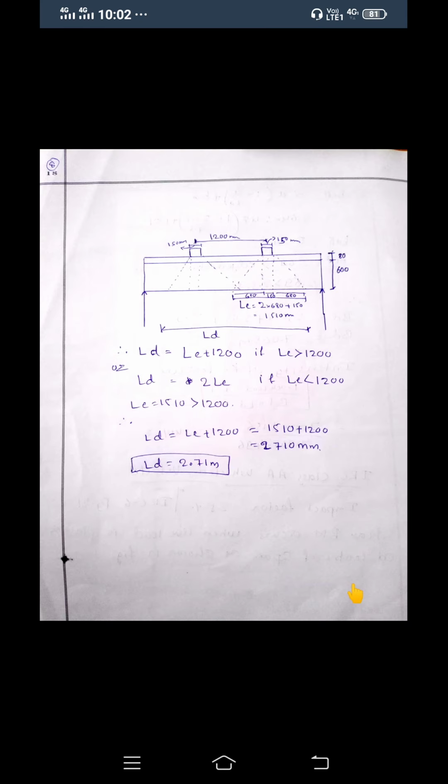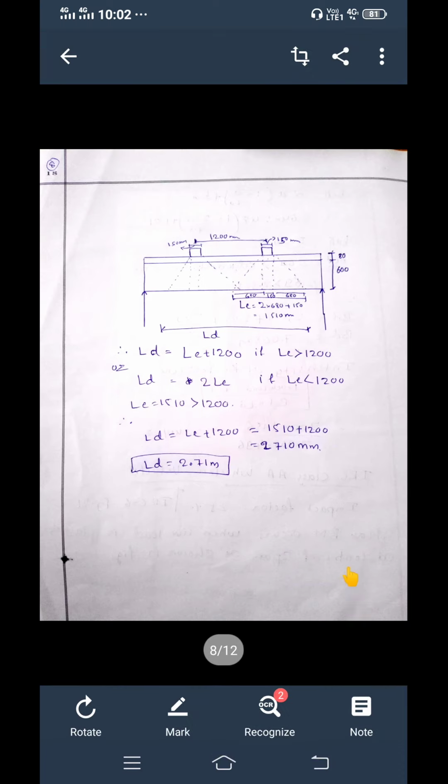The base width of the wheeled vehicle is 150 mm, and this wheel also is 150 mm. In between there is a 1.2 meter axial spacing between the two wheels. This is 1200 mm as the spacing. Now this is load dispersion. What is load dispersion from one vehicle? This is the triangle. LD is the length of the load dispersion, from this point to this point.